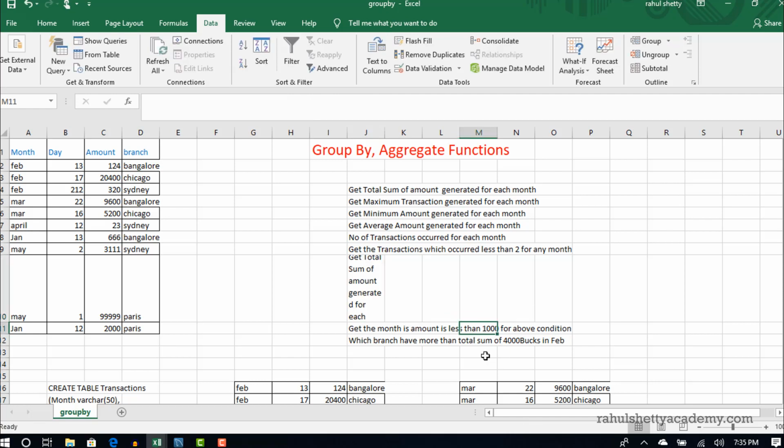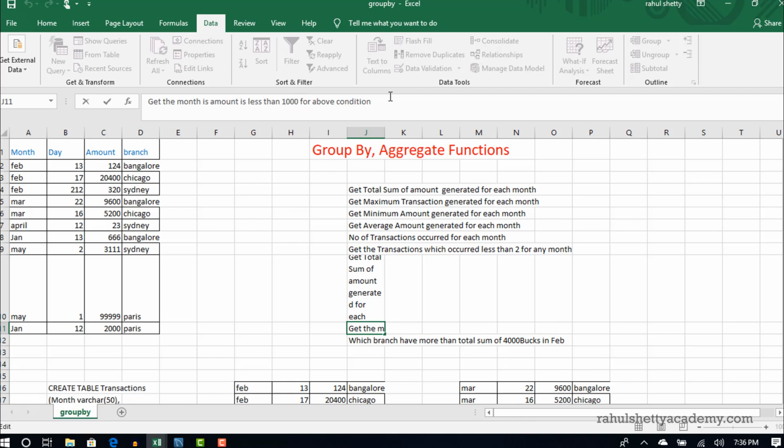How do you do that? So let me frame this clearly. Get the month which has total sale, I can use sale value, right? Sale amount less than 1000 when I combine, when I only concentrate on both Sydney and Paris branches.